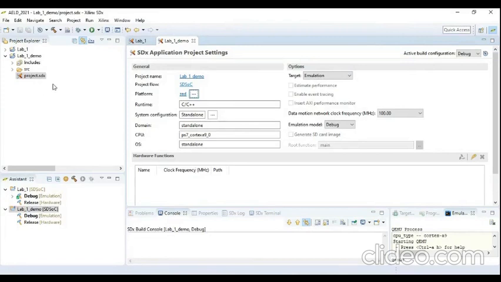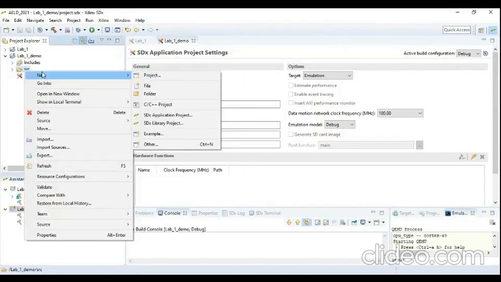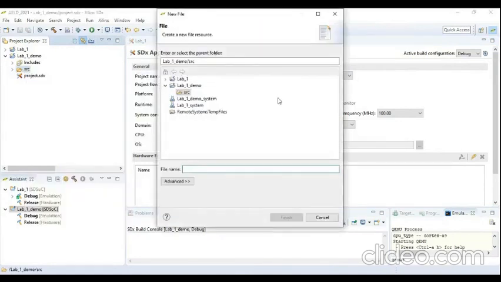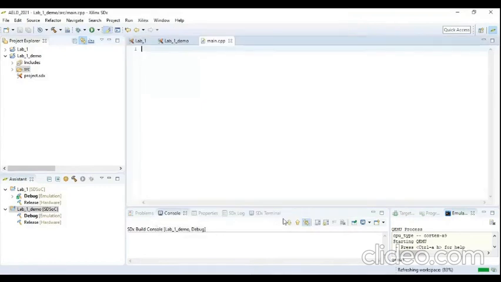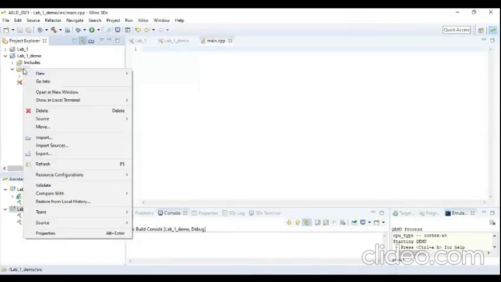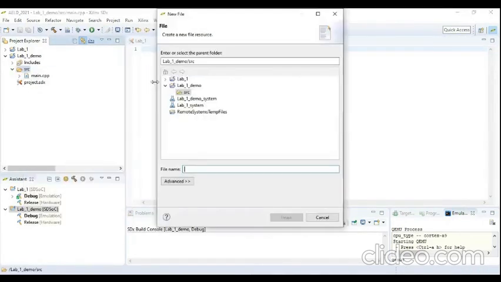Okay, so now let us include the files. So basically we will be creating three files. First is main.cpp that will be implemented in the processing system. Next is a header file for the vector multiplication operation. This header file will contain the function declaration.